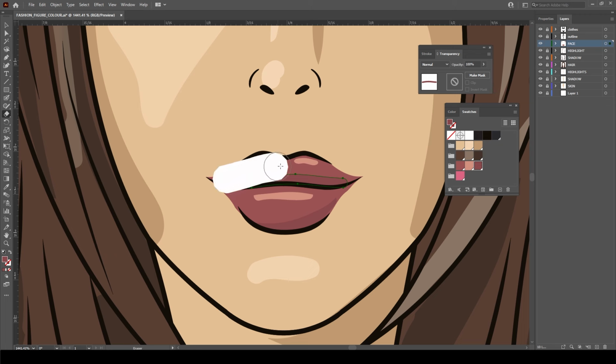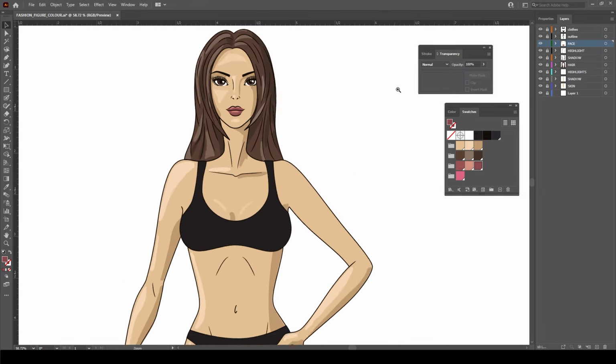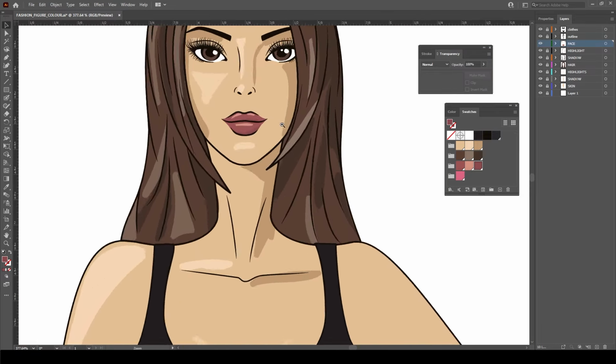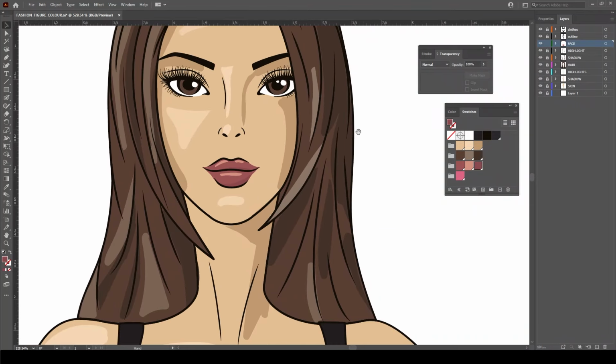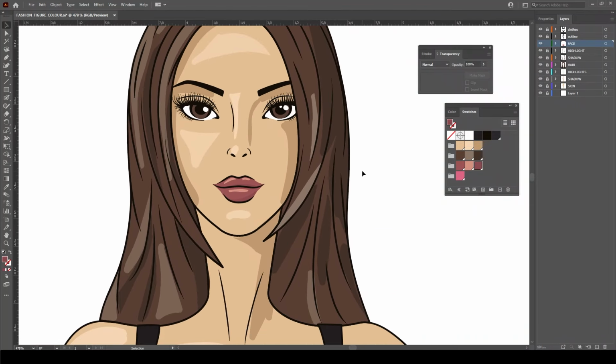Again, probably took too much of that out. There we go, that's quite nice actually. And then one finishing touch that I could do, I've got it so I might as well add it, is I could add as a finale some blush to her cheeks. So what I'll just do is I'll just do this sort of shape on her cheek,